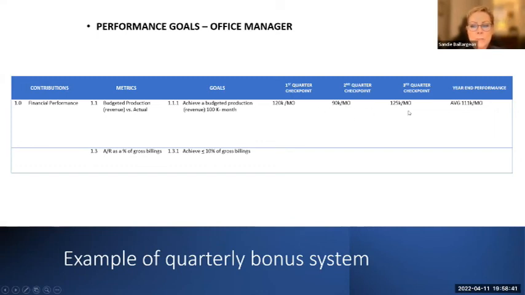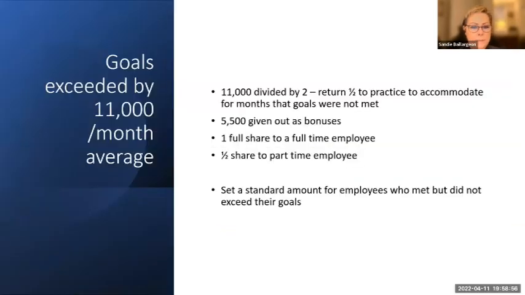I just wanted you to see the different fluctuations, but the overall year-end performance worked out to an average of 111,000 per month. So they achieved their targets. That helps you also for setting the targets for the coming year as well. So if you did want to put a bonus system in place, this is just an example, and as I say, we're going to talk about this a lot more at the next webinar,